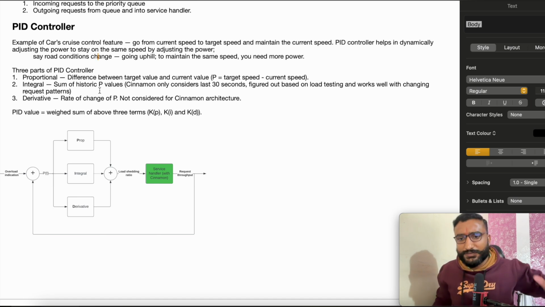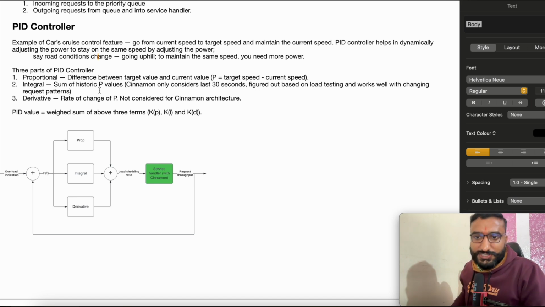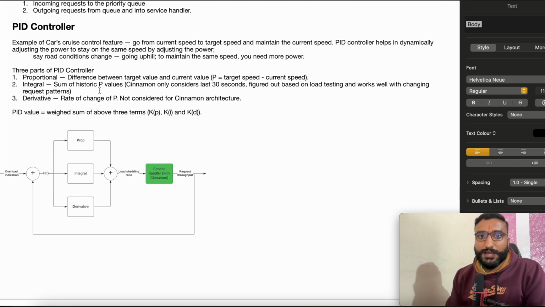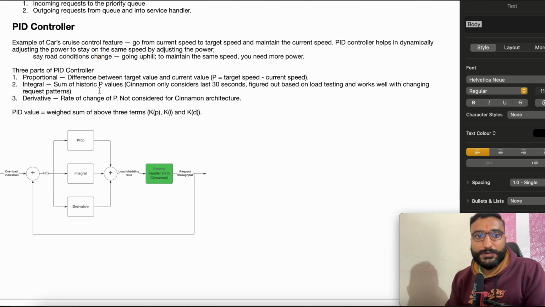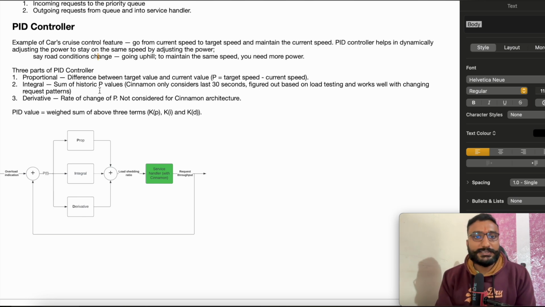These values are figured out based on the load testing which is done after the system is developed. So all the constants, or what kind of values we should have in our system, those are the configurations which came up after the load testing and how the system performs well. So in the case of Cinnamon, it only considers the last 30 seconds, figured out based on load testing, and works well